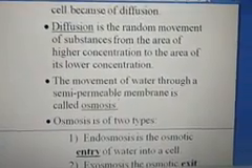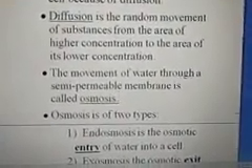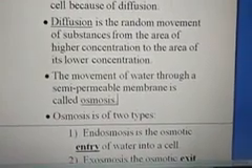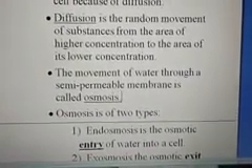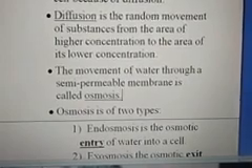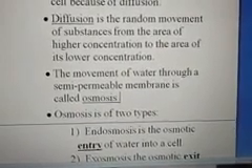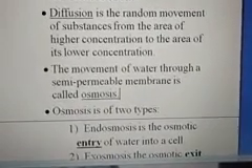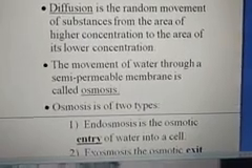So diffusion is the random movement of substances from the area of higher concentration to the area of lower concentration. And another way of entry and exit is the movement of water through a semi-permeable membrane,